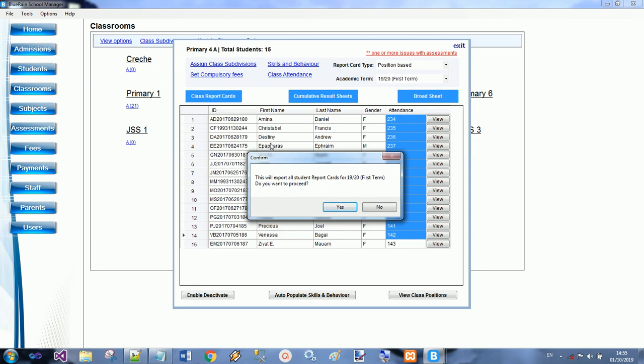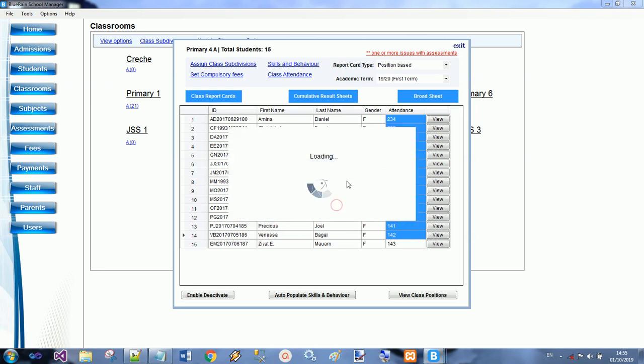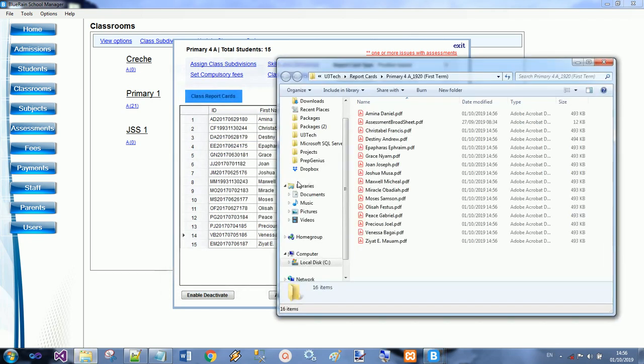I've clicked on the class report cards button, and I'm going to confirm that by clicking yes. This process will automatically compute all the assessments we've collected, and it's going to generate report cards for all 15 students in that class. These report cards will be in PDF format, and they will be saved in a folder in the documents folder. There's a system folder called U3 Tech, and then a subfolder called report cards. Once it's done, it's going to automatically open that folder, so you don't have to go finding it. As you can see, it's under documents, U3 Tech, report cards, and then